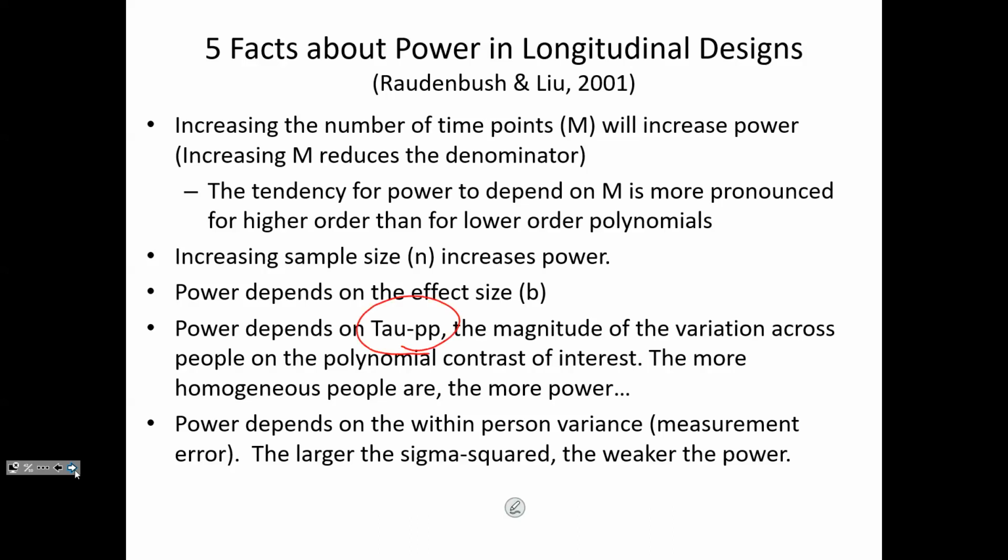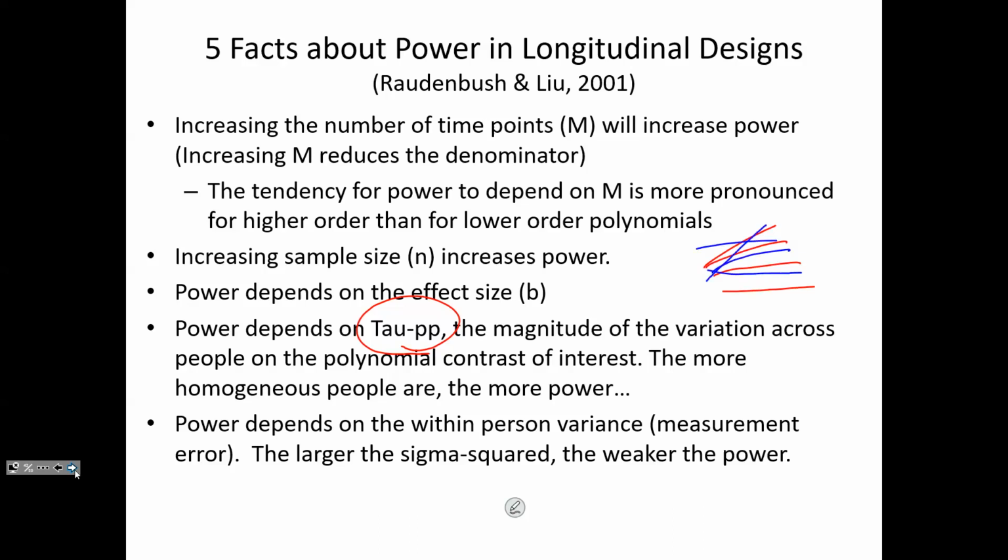Think about this: if there's a lot of between person variability in the slopes, what does that mean? Let's say it looks like this, and let's say blue is treatment and red is control. If there's a lot of between person variability in the growth slopes, then from an effect size perspective, that means that